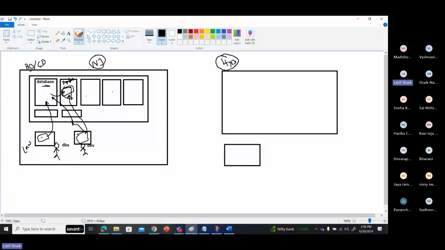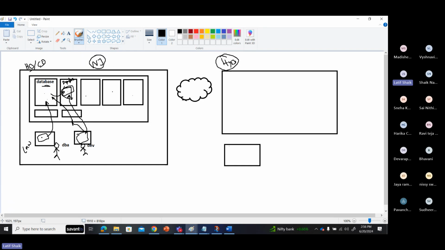How can we connect? We have to use the internet here. You have to connect through the internet, right? But that is a private network. You cannot connect directly to the private network from the internet.